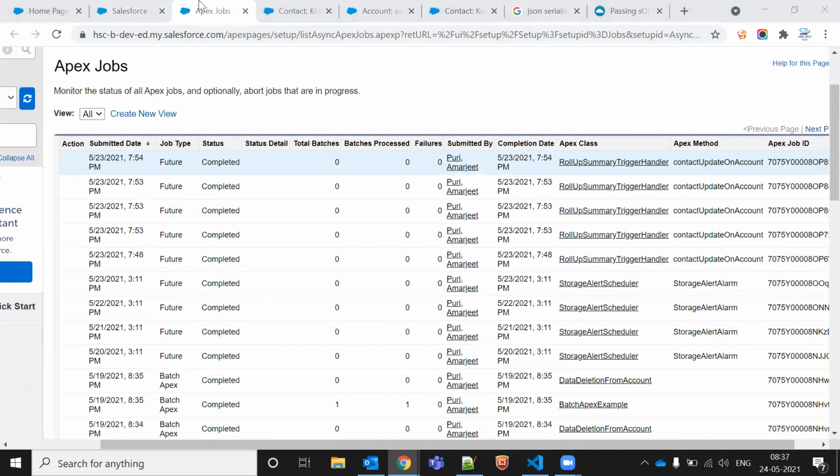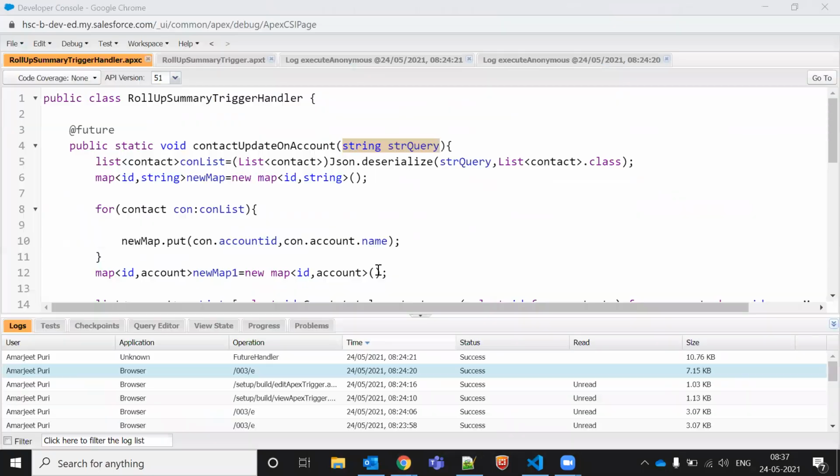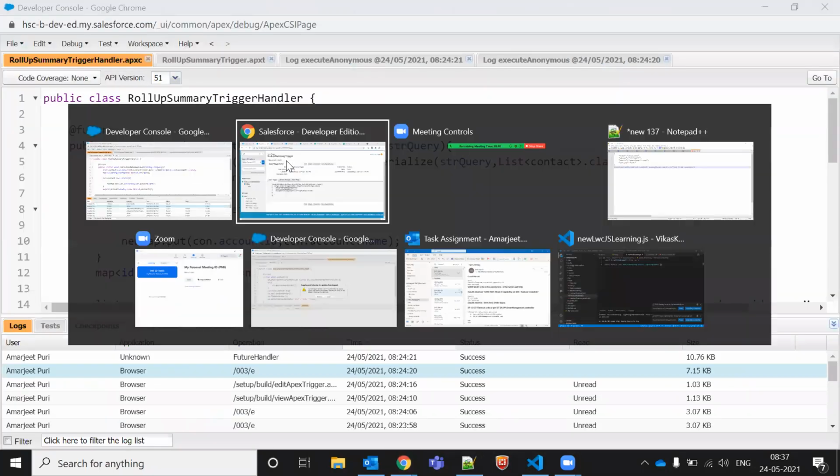So let's do one thing. Let's take an example of a queueable class.